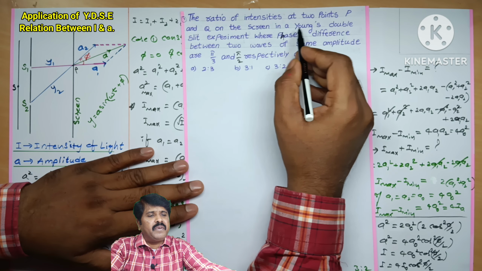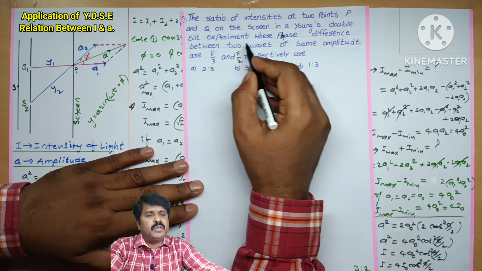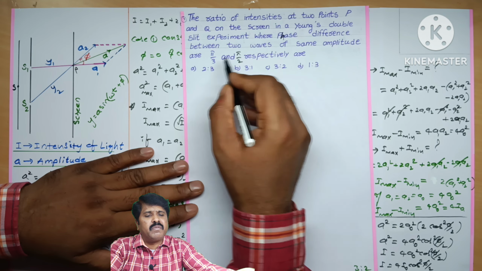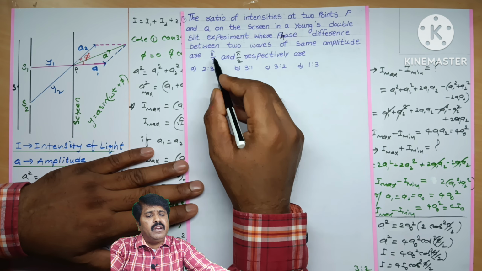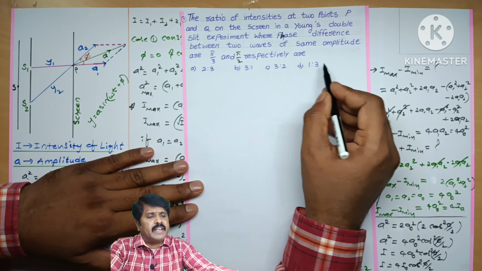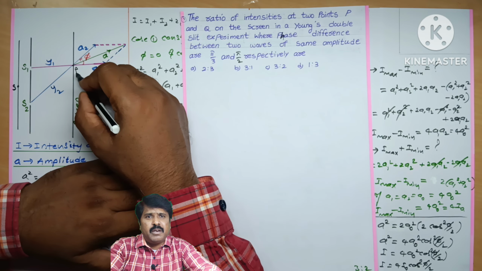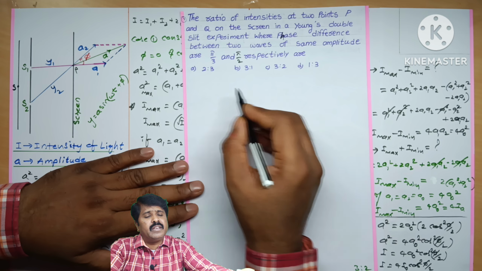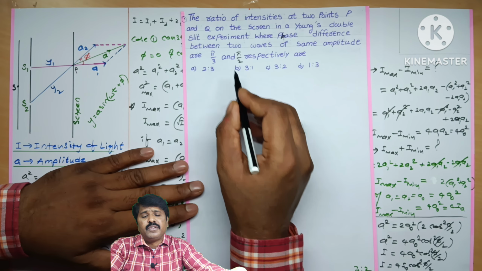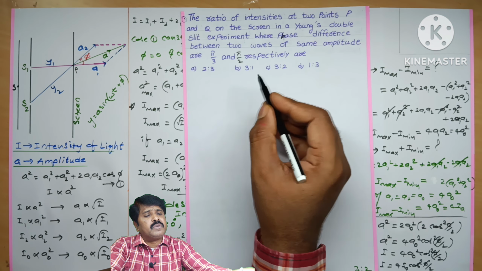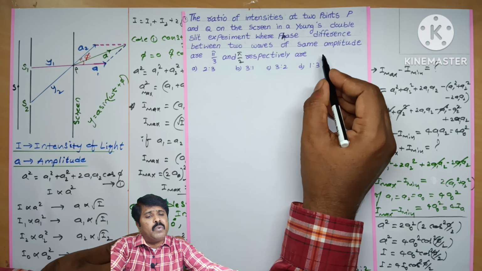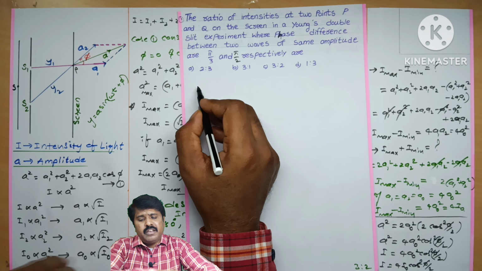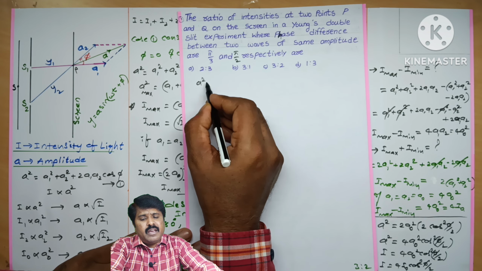And the ratio of intensity at 2 points P and Q on the screen in Young double slit experiment, where phase difference between them is given pi by 3 and pi by 2 respectively. Okay, point P, for example, is taken somewhere either up or down on the screen, and we are considering point Q, but the phases are different. So the basic equation I am going to use, asking that ratio, what is that intensity ratio is asking the student,